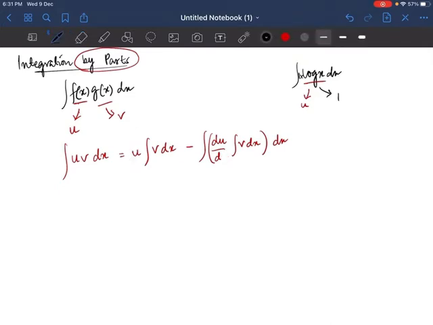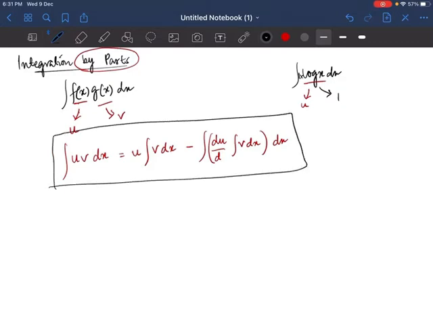Now the second most important thing is, how will I select a function as u? Now somebody might be saying, sir, if I have e to the power x sin x dx, both the functions can be integrated. Why? Because integration of e to the power x is e to the power x and integration of sin x is minus cos x. So both functions are integrable. So how can I use integration by parts to integrate this? Now the point comes of selecting u and v. In what method should I select a function as u or v?